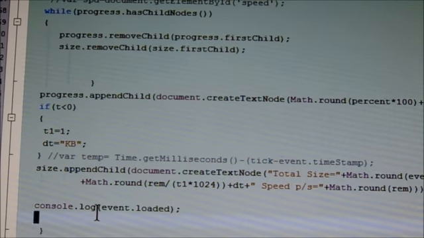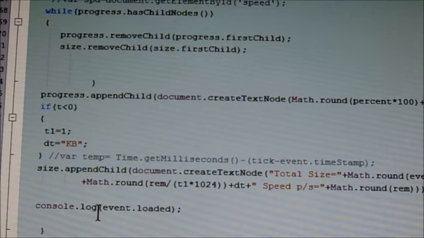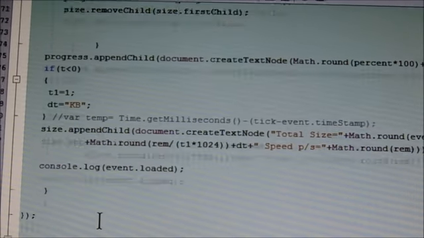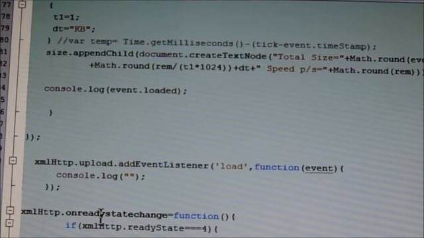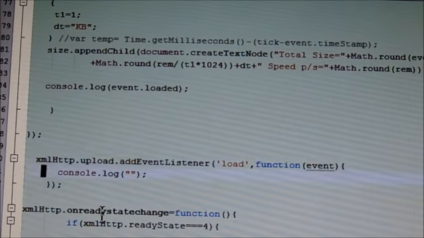And then console.log. Event loaded means how much data is loaded, and XML upload.event.listener.